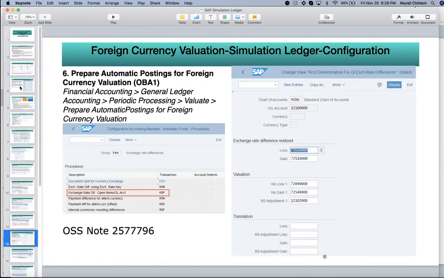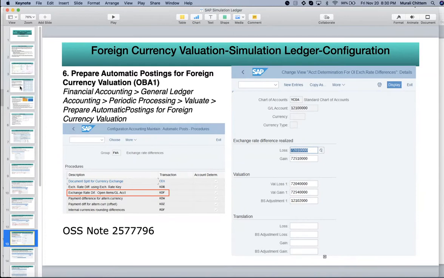Just now you asked whether it will be different in the foreign currency valuation settings. Everybody is aware, so I don't want to spend a lot of time here. The exchange rate type difference transaction is always KDF, and on the right side you can see, for our company code 1710, the chart of accounts is YCOA. I just kept one screenshot.